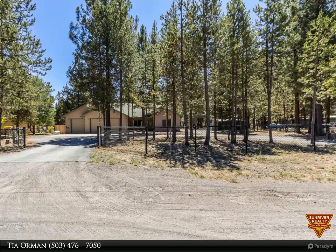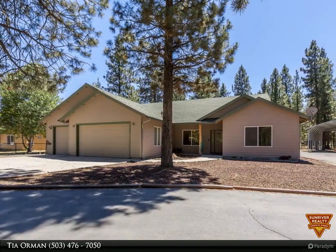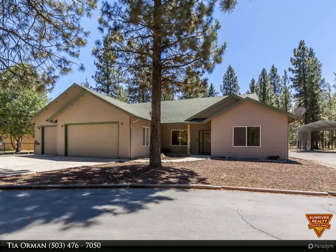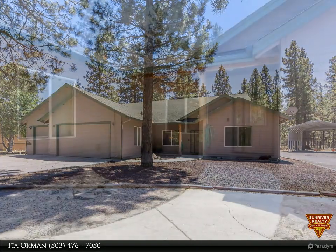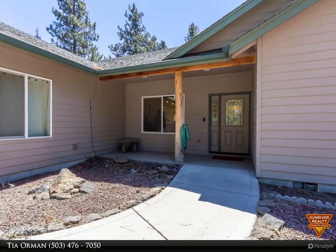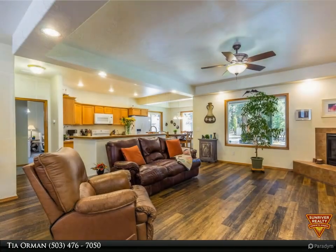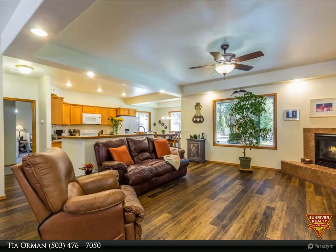Lovingly maintained and custom built, ranch style, 4-bedroom home on an acre in La Pine. This single-level home features an open concept floor plan with elegant finishes and new appliances. Enjoy warm-toned wood laminate flooring, gas fireplace and tiled hearth, new interior paint and beautiful vaulted ceilings to complement your